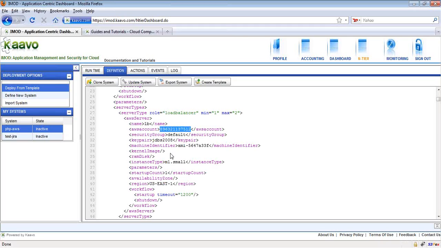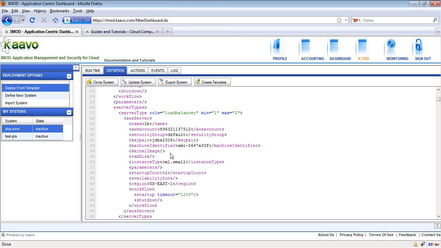So to share this system with other users, we have to clear this account information, so that if somebody else uses it, they can configure their account information into the system definition file and use it.